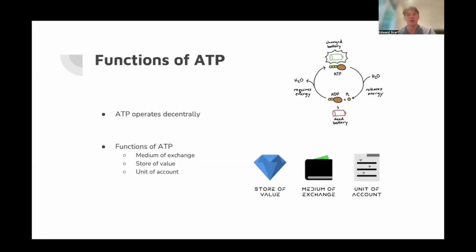A mathematical analysis undertaken by a Japanese university demonstrated how ATP-ADP molecules operate decentrally, much like an efficient economy where production and consumption are dynamically balanced. This concept of decentralization within biological systems will be further discussed, but it allows ATP to function as the energy currency of biological systems, fulfilling the three key functions of money: a medium of exchange, store of value, and unit of account.